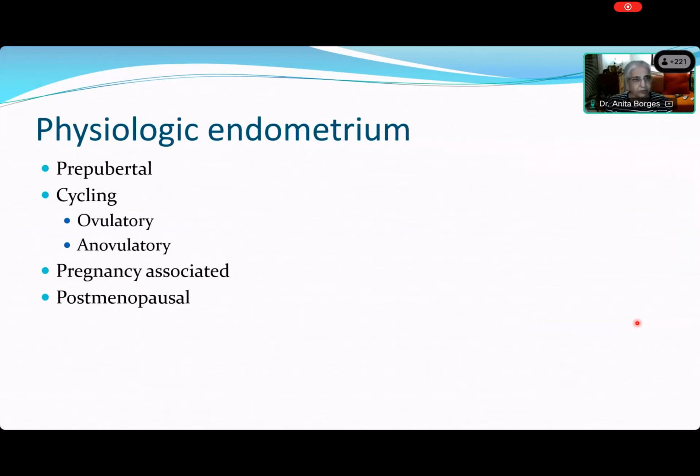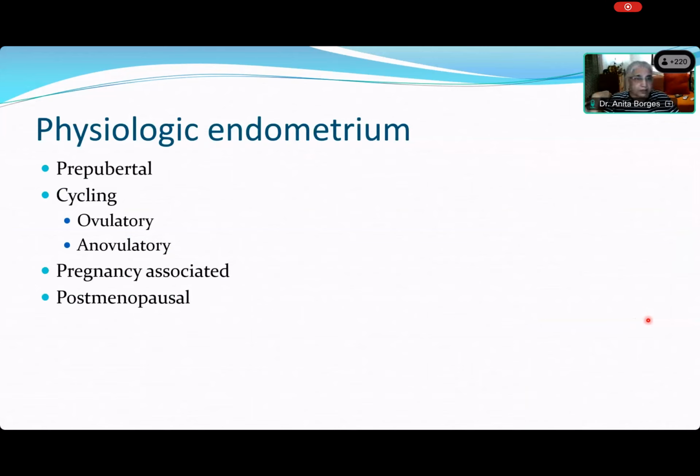All right, but by and large, everybody is right that you are hardly ever going to see a prepubertal endometrium, unless for some malignancy or other, the patient has had the uterus out along with the ovaries and other such things. You will not see a prepubertal endometrium unless it happens to be on the autopsy table. So you're taking out the organs, and then you can look at the prepubertal.